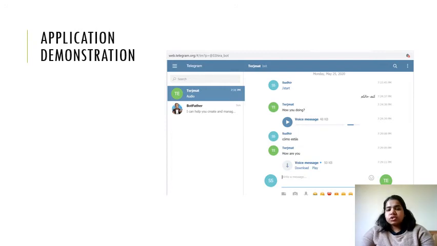So I would suggest that people should download this application because it's very useful, as they can communicate with the local people without any barrier, and they can install it without any charges, so they should go for that.